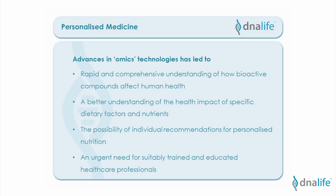The vast and rapid growth of all of these omics technologies has led to a rapid and comprehensive understanding of how bioactive compounds affect human health. It's given us a better understanding of the health impact of specific dietary factors and nutrients. It's created the possibility of individual recommendations for personalized nutrition, and it's created an urgent need for suitably trained and